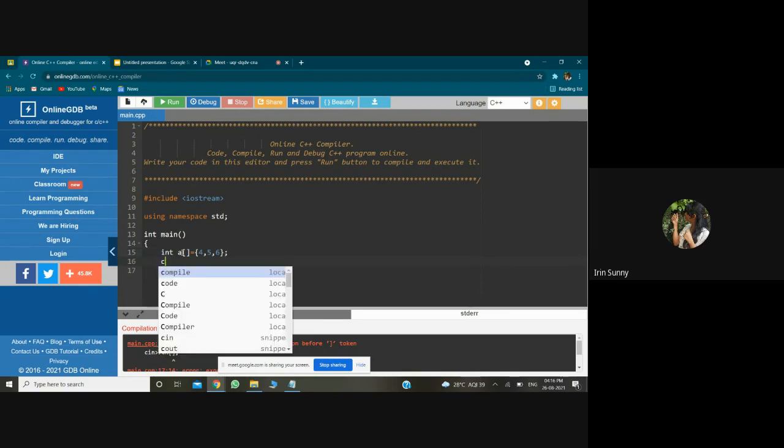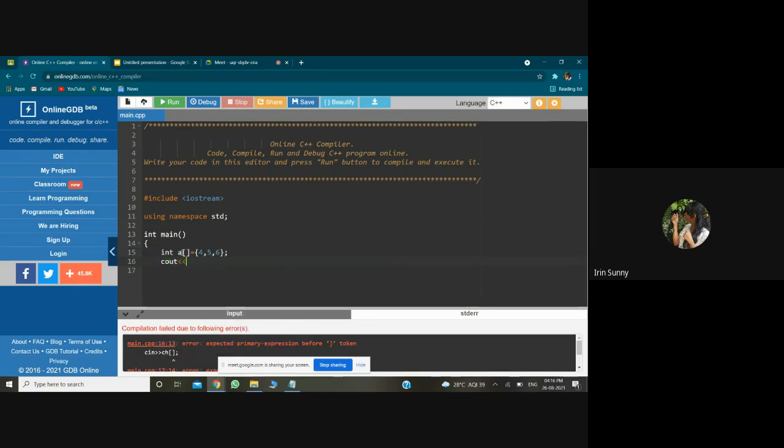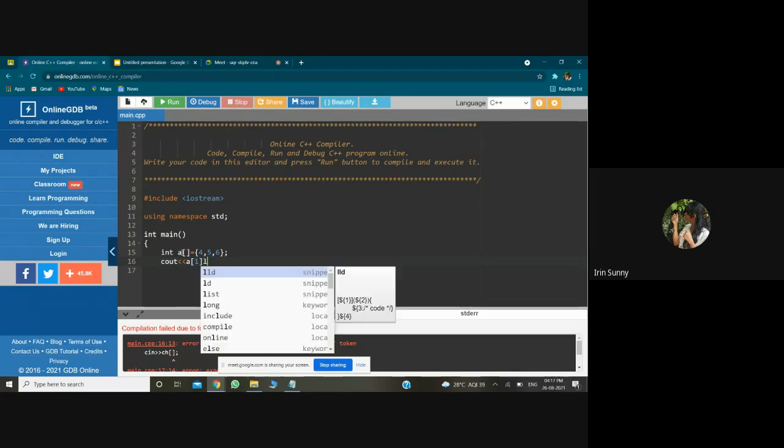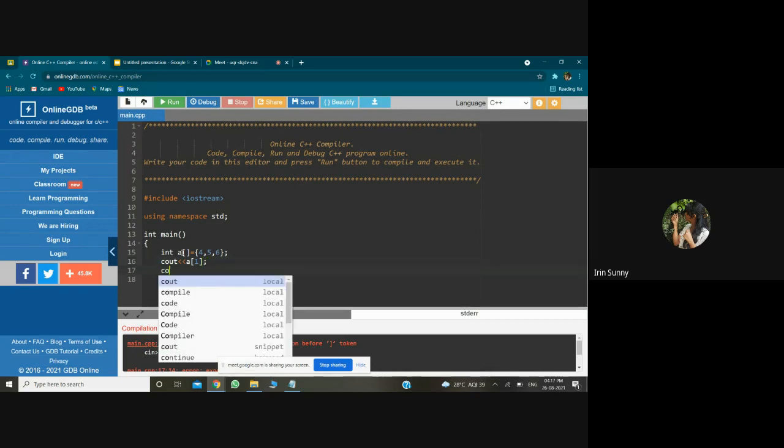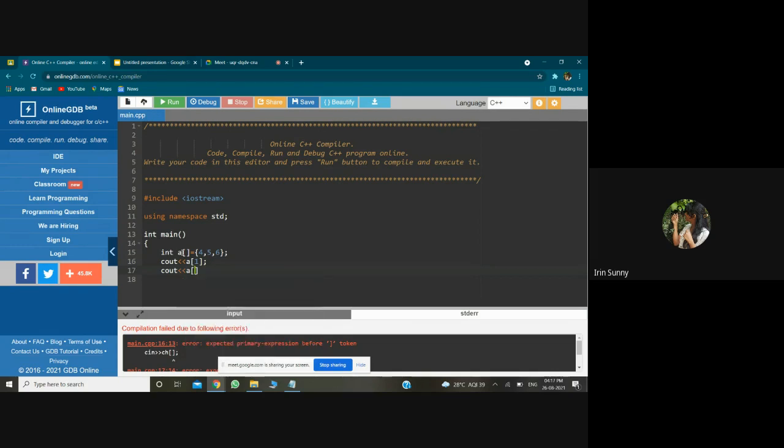Now I'm going to cout a of 1, that means I have to get the output as 5. Next, I'm going to write cout a of 1 plus plus or plus 1.